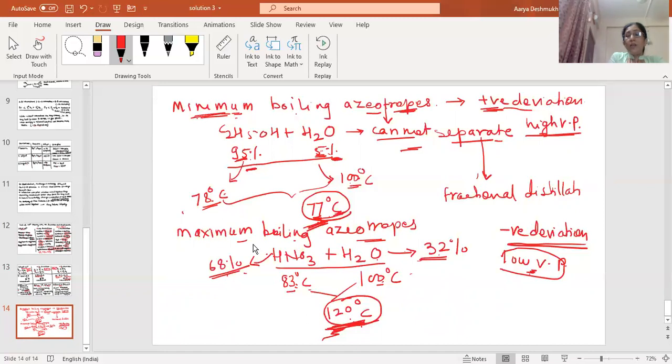It means that they have low vapor pressure. The solvents which boil at low temperature will have higher vapor pressure. So as there is an increase in the boiling point, it means they are showing low vapor pressure in the mixing condition. It means that these are the solutions with the negative deviation, and those are the solutions with the positive deviation. So this is about the azeotropes and all. Thank you.